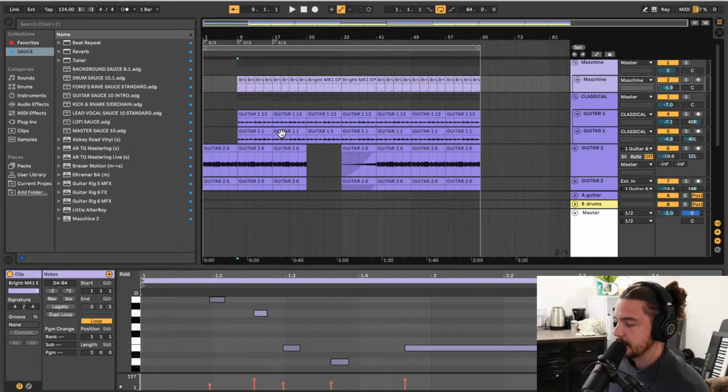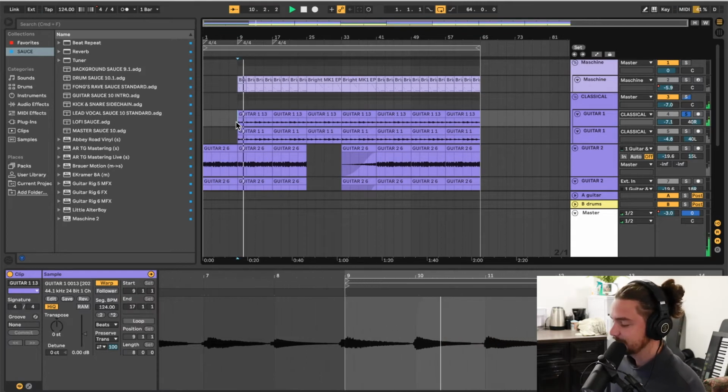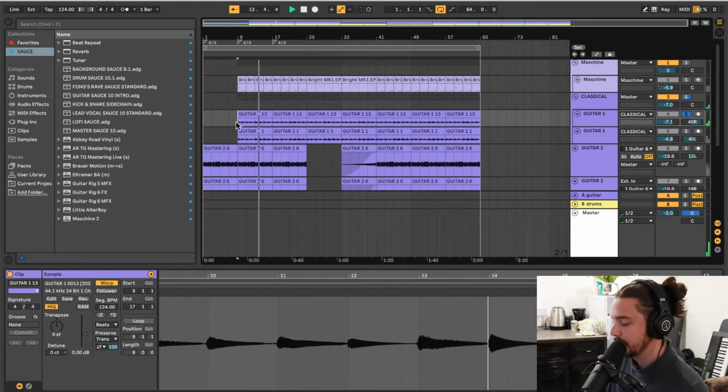So we're in Ableton right here. And how I started this beat was actually on this guitar one track. That's normally how I start all my beats, with a drum loop and a guitar. So how I normally record my guitar is I write a part, press record. This is just some lush sounding chords, not too in depth here, but what I did with this was